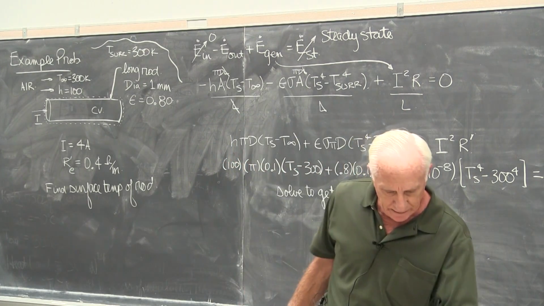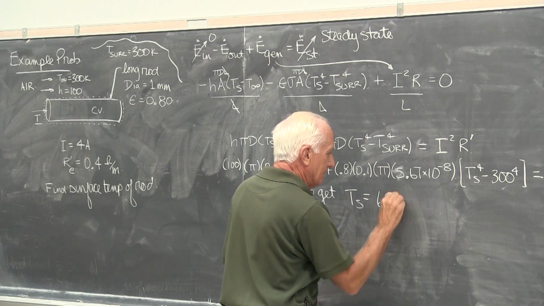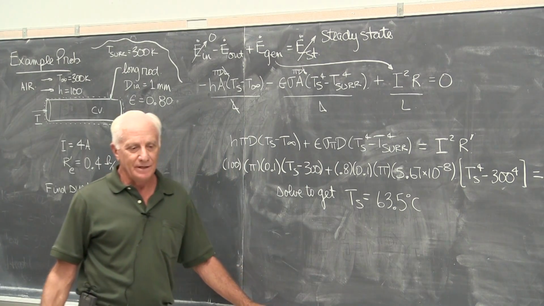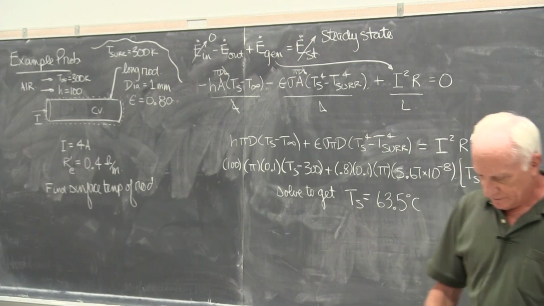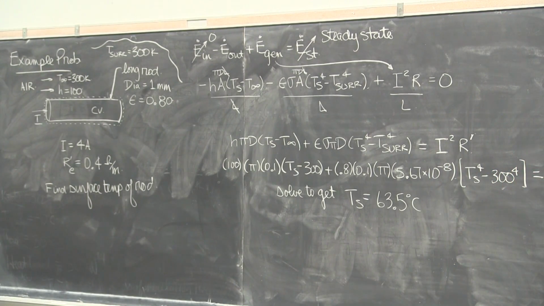Ts comes out to be 63.5 degrees C. You have to change it to degrees C. The answer will come out to be in K, of course, so then subtract 273 to get the answer in degrees C. It's a fourth order equation in Ts, you have the software. Okay, so we did a control volume of the wire.